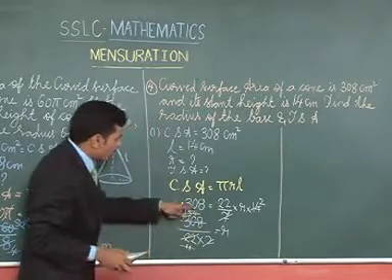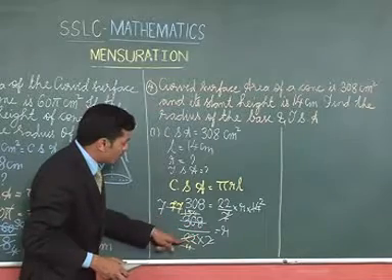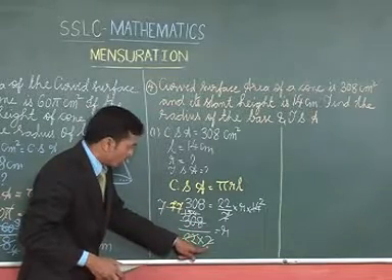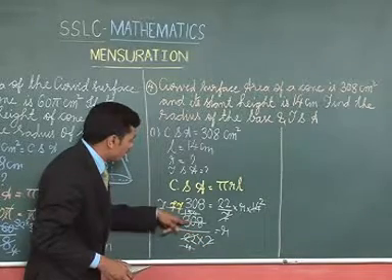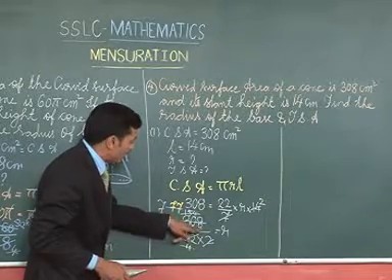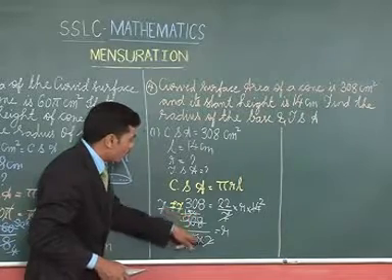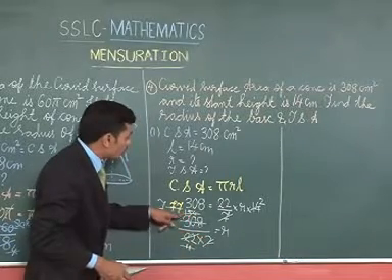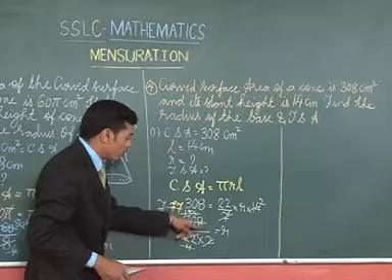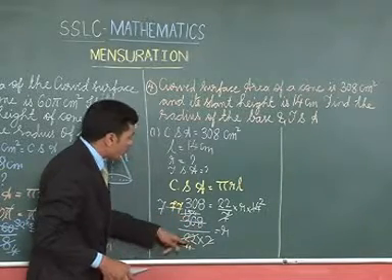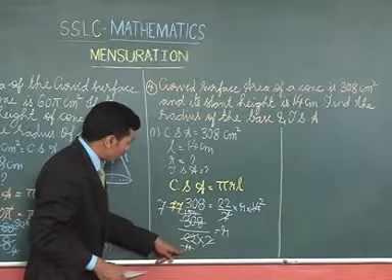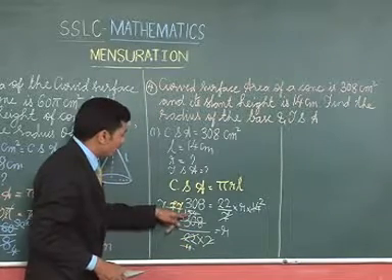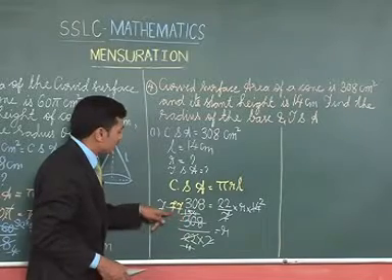Here we had got 308 divided by 22 into 2, and we have cancelled this 2 and we have cancelled this 308 and we have got 154. 2 ones are 2, 154s are 308. Now in the next step we have divided this 22 by 2, we got 11, and here we have divided this by 2 and we got 77.